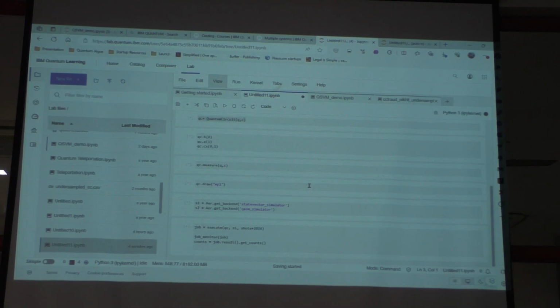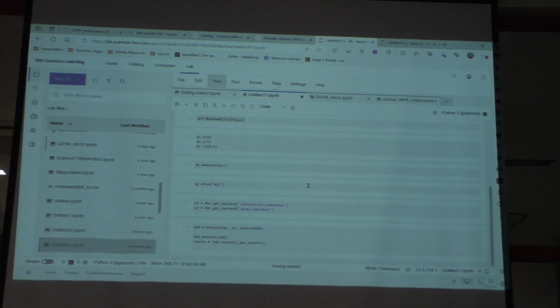Mostly we choose state vector simulator, which is the best simulator that we have right now. So yeah, we can go with that for most of the things. But selecting a quantum computer, as we see there are multiple quantum devices, will be much trickier. It needs thorough inspection and thorough understanding about all these hardware and how they are built. So some of the systems will be good for optimization, some of the systems will be good for machine learning. That way you can select different hardware that is available.